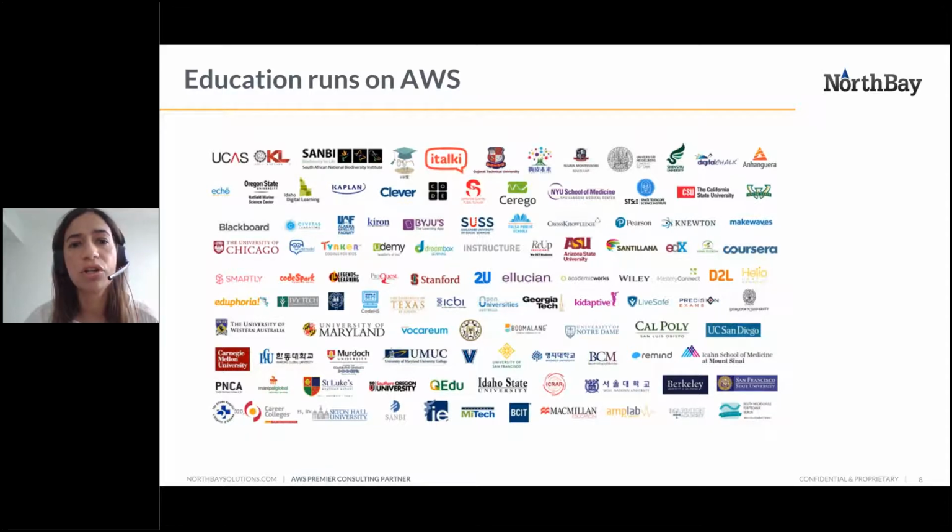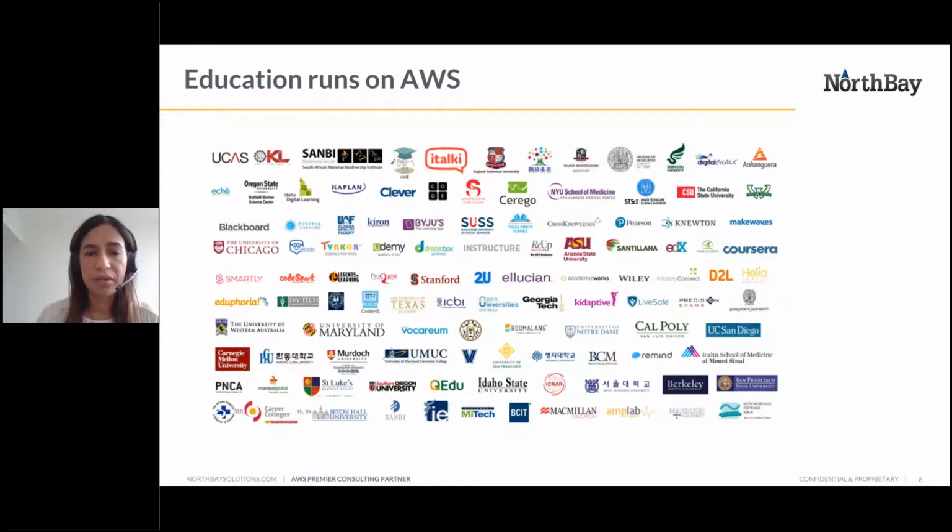This includes learning management systems companies like the one that I mentioned earlier, the Canadian Desire2Learn or D2L, Blackboard and Instructure. Also student systems like Ellucian and publishers like Pearson and many others. 19 of the 20 most well-funded US education technology startups also use AWS. And this includes Civitas Learning, Echo360, Schoology, and Coursera.